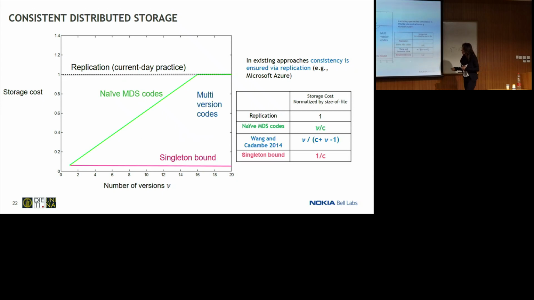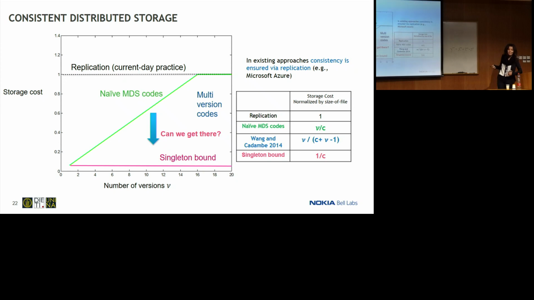On the other hand, if we consider Ni equal 1, this is what we get, this singleton bound, which of course corresponds essentially to the storage cost that you get in a static setting, because in this case Ni is equal 1. So then the question is, can we reach this singleton bound? Can we really get closer to this bound, which is actually the one for the static case?